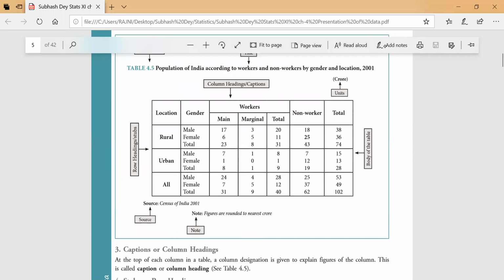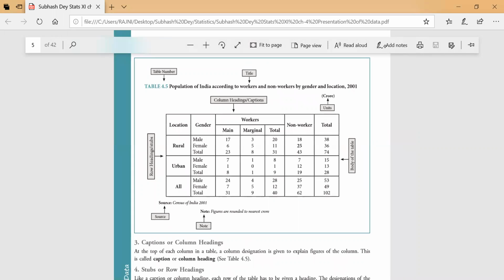After that, like this, you can see the example of this table. Now, the third term is there. We have already studied two terms, the table number and the title. Now we will discuss the third one, the caption or the column heading. There is no doubt a table is a set of rows and columns, and there must be a proper heading or definitions of rows and columns. So the heading of the columns will be known as caption, column heading, like this. These are giving the heading to the vertical lines. These will be known as caption.